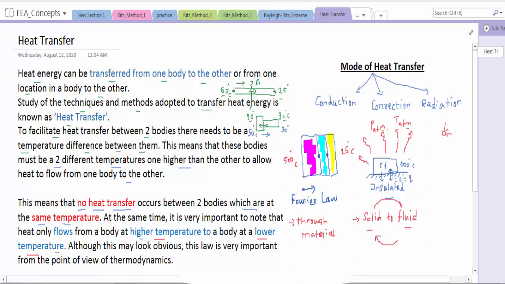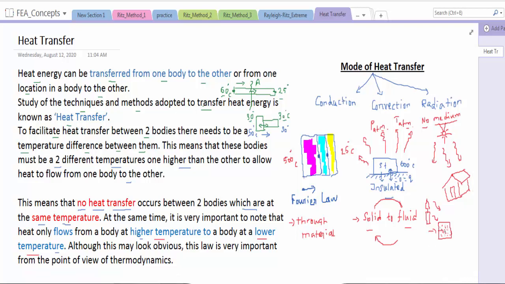For radiation, we know that the sun heats everything in the atmosphere, right? Without any medium also, heat can transfer in the form of light. Suppose consider a container and a flame. Heat is coming from this flame and heats the inside air molecules through the form of light, right?